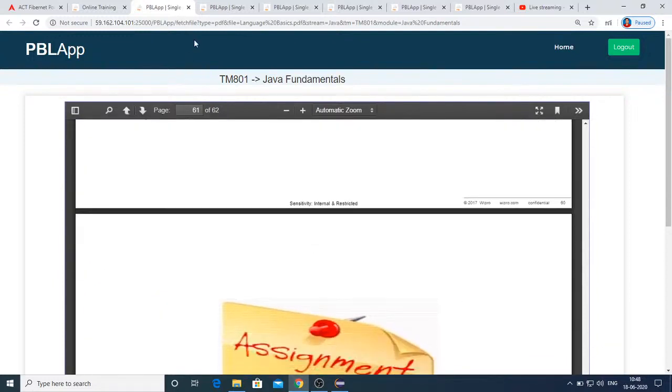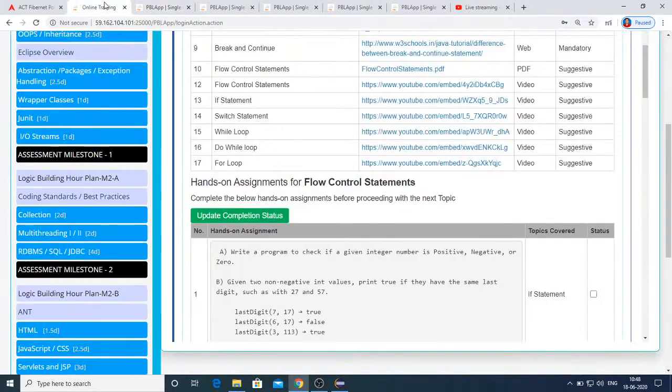One more thing I wanted to mention. Yesterday I observed that not many of you have started your login. Many of you have not yet logged in and are not going through this app as per the schedule we have already submitted to Wipro. According to them, it has been about 1 week since we started this training. Even though I started from Monday, they can still track that not many of you are logging in and working on this. So I recommend every one of you to log in at least once a day.